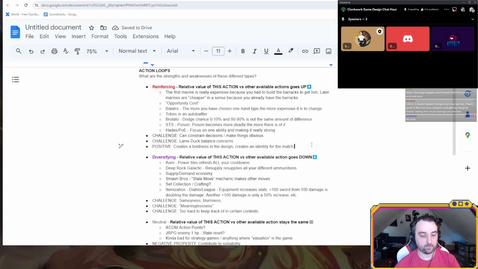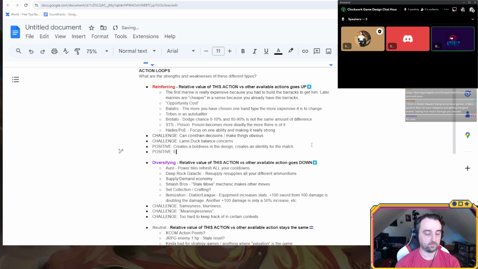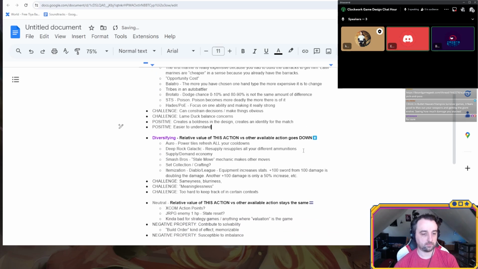I think in terms of strengths, one of the most interesting parts of diversifying loops to me is, and I've tried to talk more about this at some other point, there's an idea that I call for now the latent strategy space, which is basically that there's a lot of strategies that might be interesting in some capacity, just in terms of understanding how they work, but there's no good reason to do them.